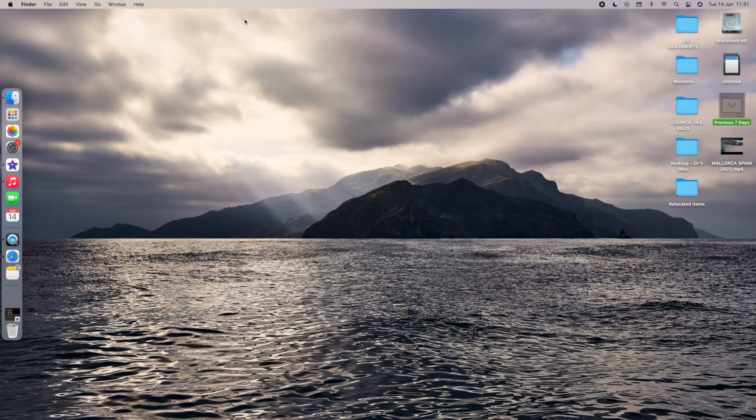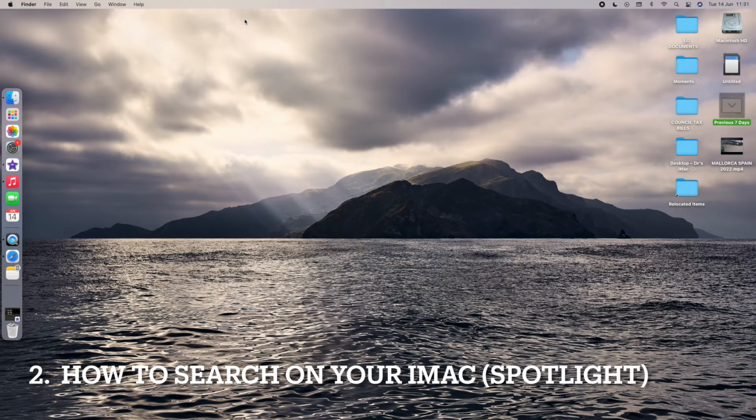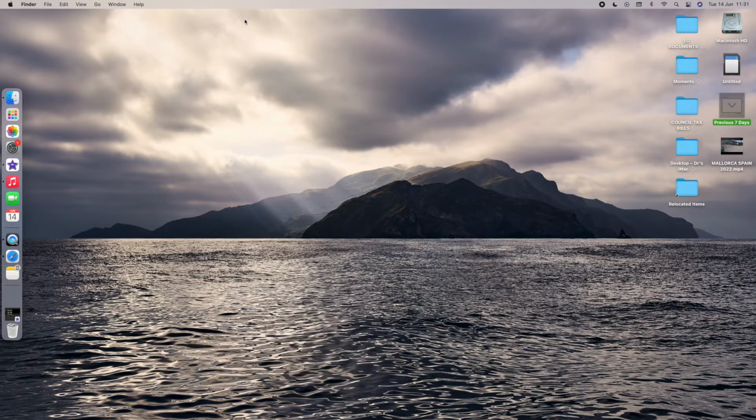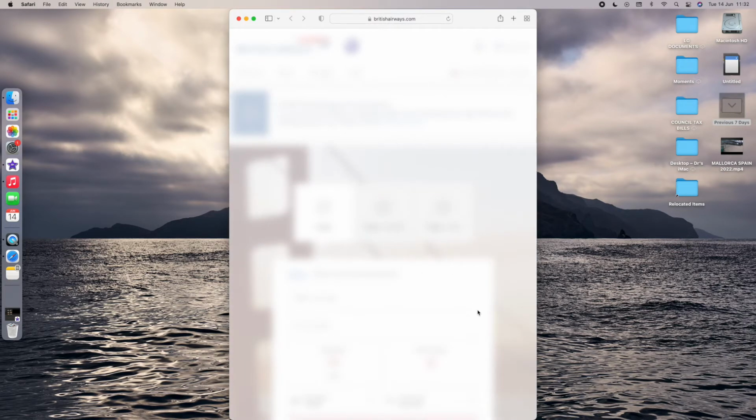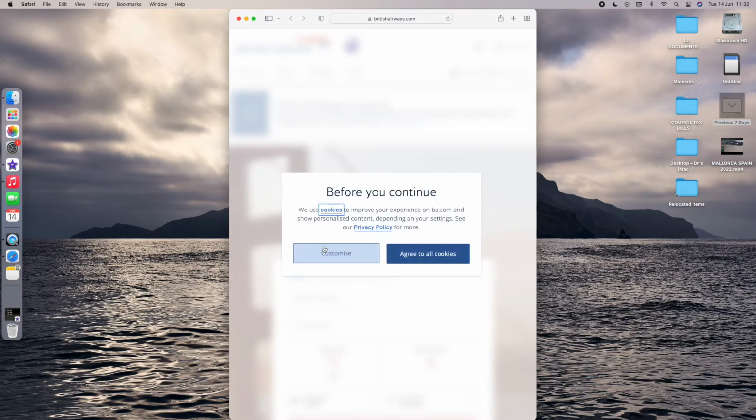The second thing I'm going to talk about is how to search your iMac for applications, for documents, for anything, or you can search online as well, like a Google search. To do that, you click this icon on the top right hand side of your screen. You click on that and it shows this Spotlight search, and you can type, for instance, British Airways, and you press enter and it just opens up the page. It's a bit slow. That's how you access the